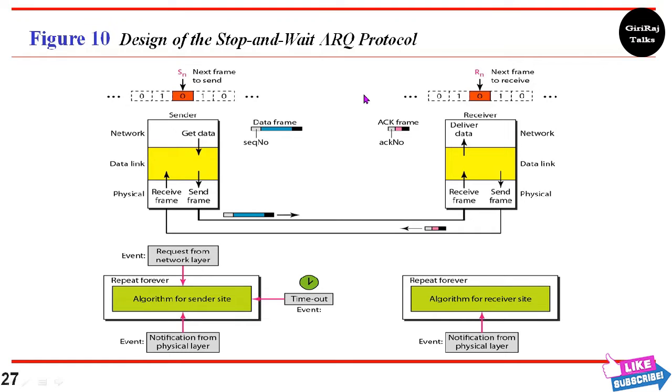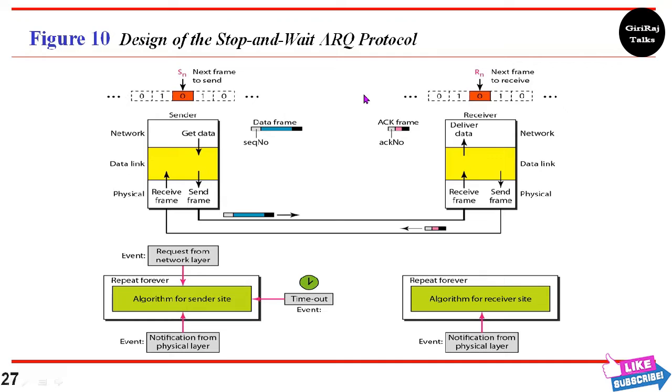Let us see what we mean by sequence numbers. As we discussed, the protocol specifies that frames need to be numbered. This is done by using sequence numbers. A field is added to the data frame to hold the sequence number of that frame. One important consideration is the range of the sequence numbers. Since we want to minimize the frame size, we look for the smallest range that provides unambiguous communication. The sequence numbers, of course, can wrap around.